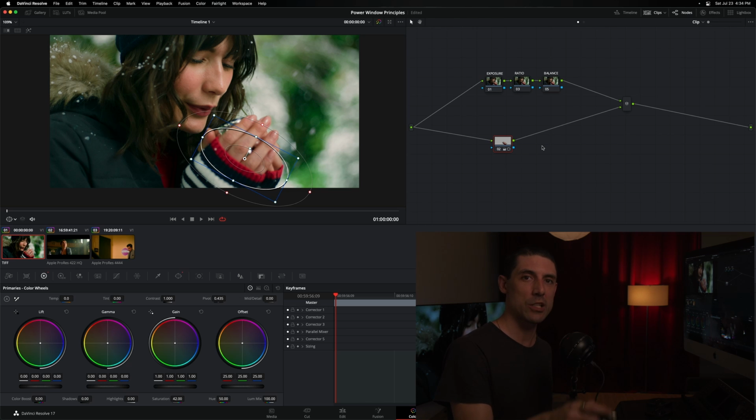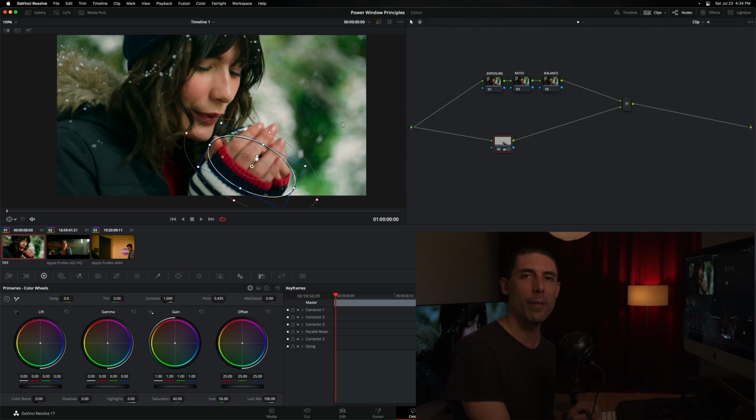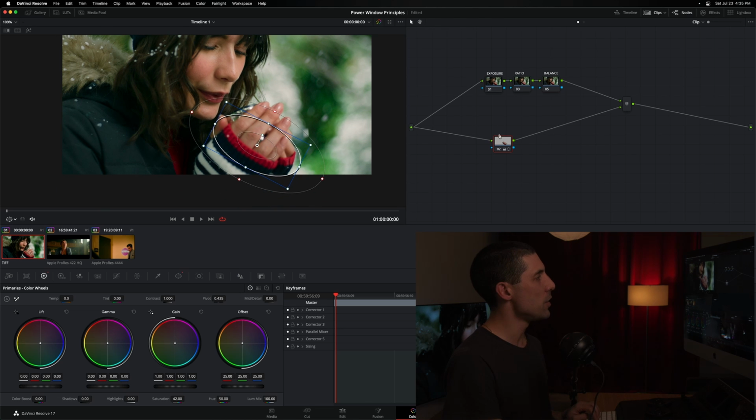We're really just trying to target an object that happens to be in a particular location. But if these mittens were here or up here, I would be no less inclined to want to pull back on the saturation of the red lining, right? So rather than use a power window, let me show you what I would do here just as a quick